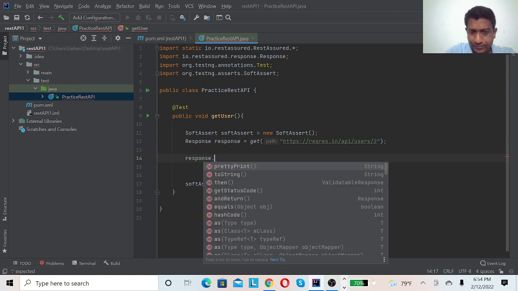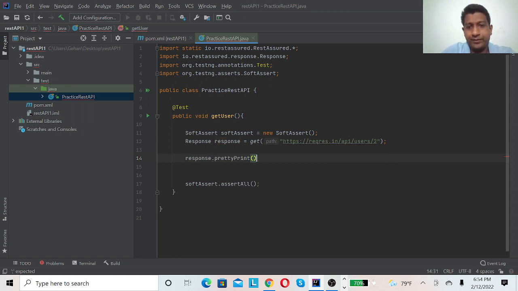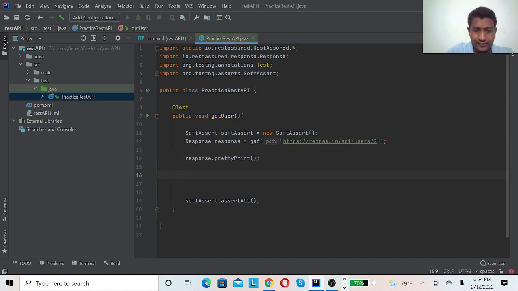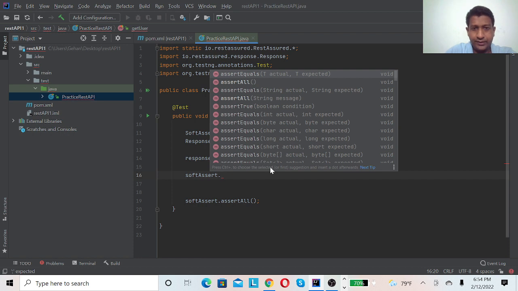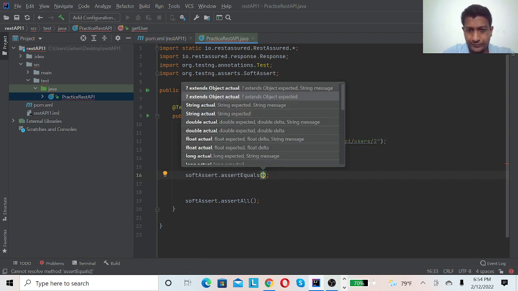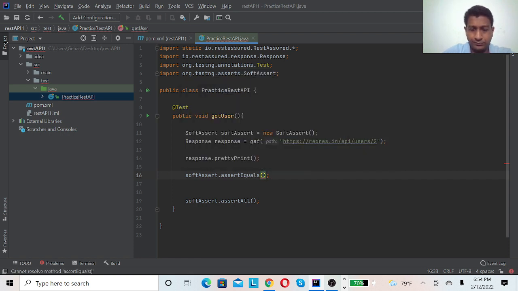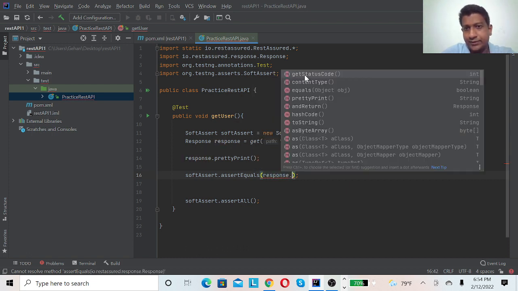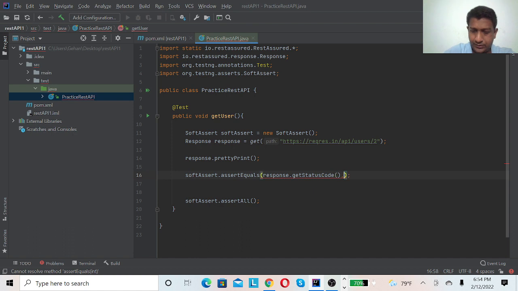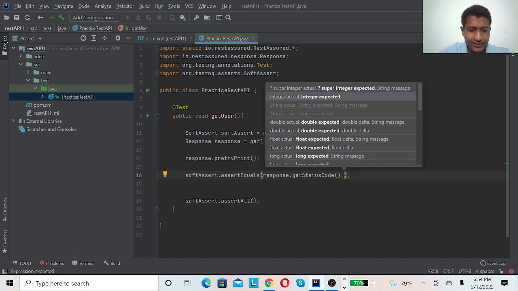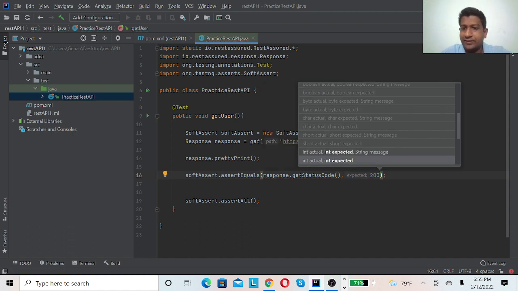I will print my response using pretty print, and response dot get status code. Since it's returning a 200, you can hardcode 200, but it's not a good practice.